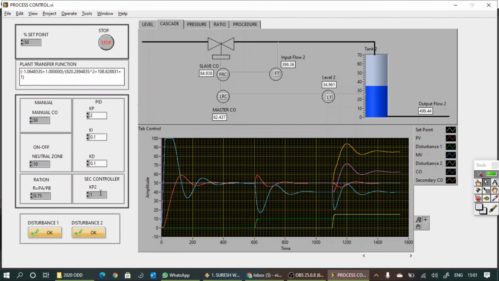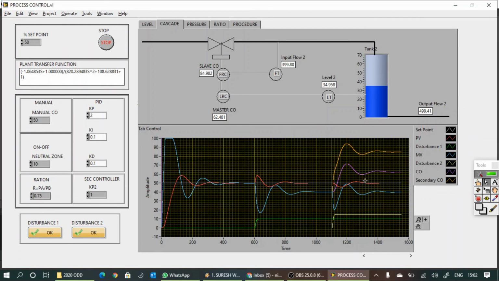If you select a large Kp value, as in the previous discussion of the effect of disturbance 2, the important thing is that if Kp is large, the effect of saturation will increase. Why? Large Kp means the proportional band of the secondary controller is small, and it will act as an on-off control, meaning flow will oscillate continuously.